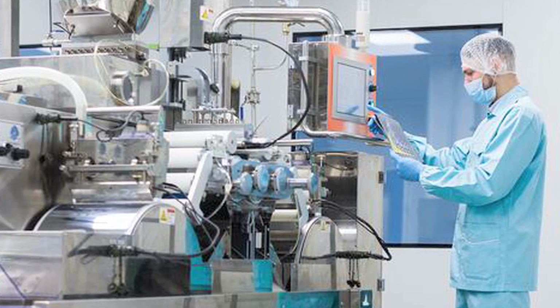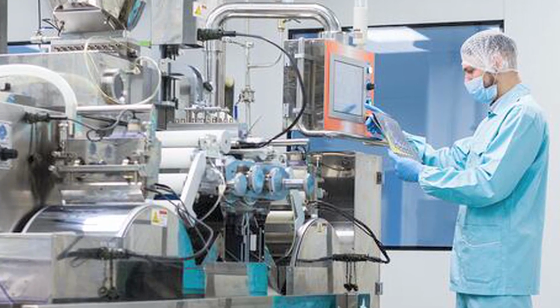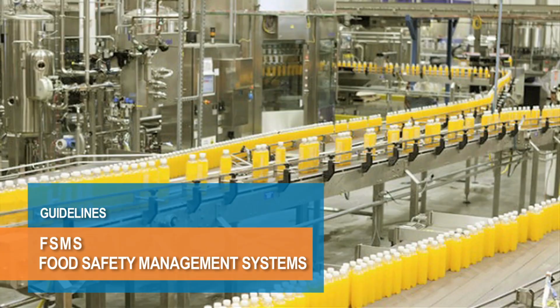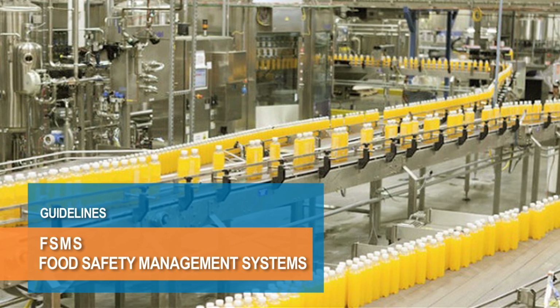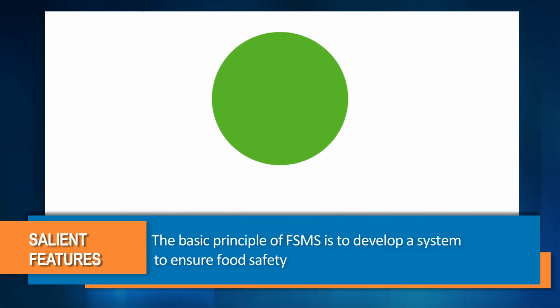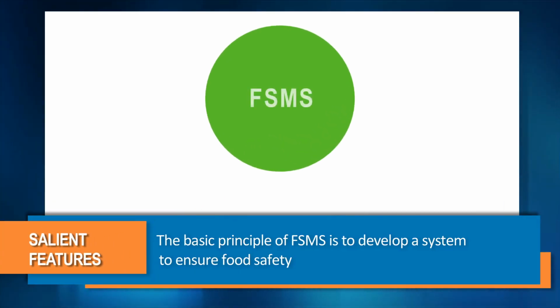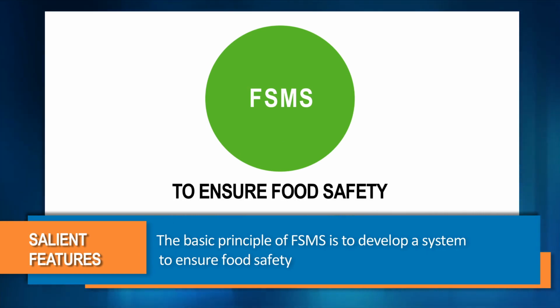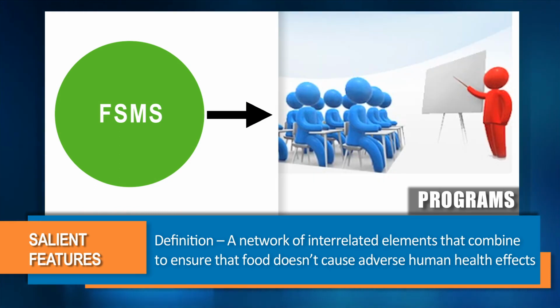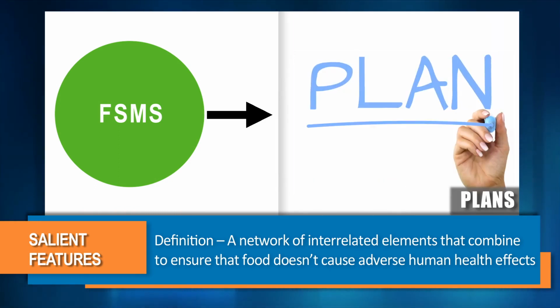In this video, we will learn about FSMS, that is Food Safety Management Systems, and its relevance in the food industry. The basic principle of FSMS is to develop a system to ensure food safety. It can be defined as a network of interrelated elements such as programs, plans,